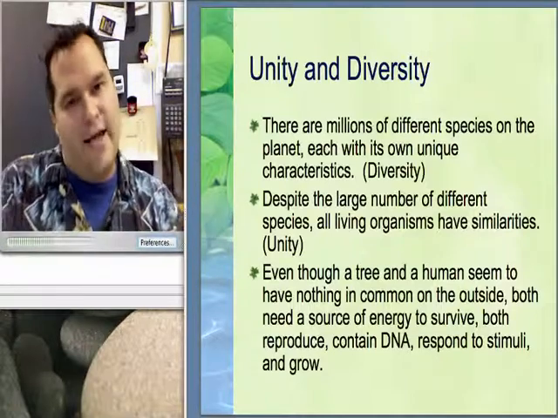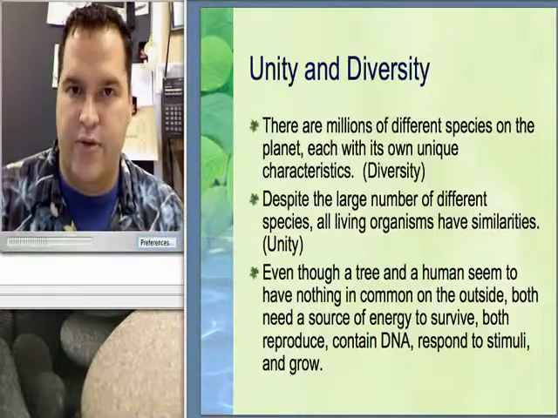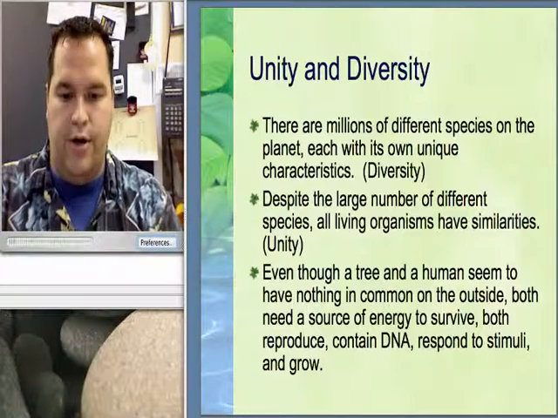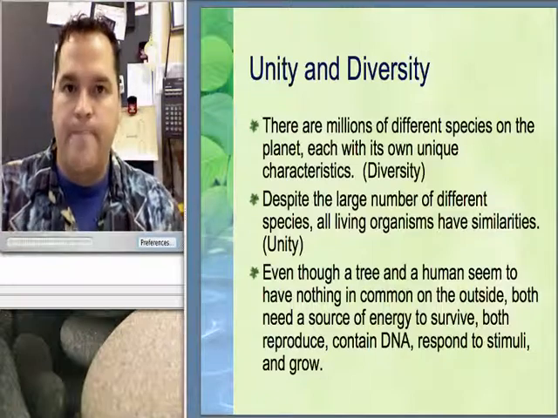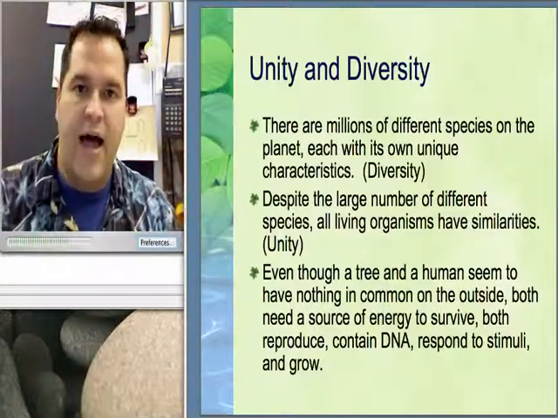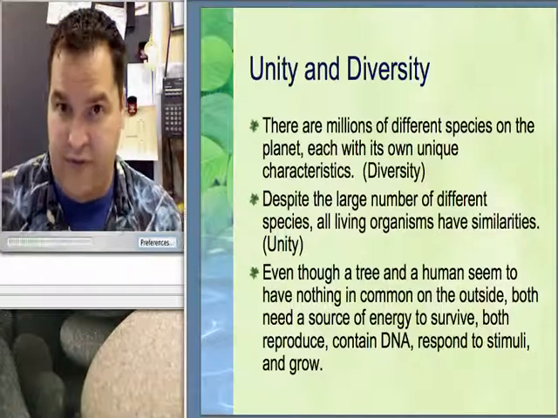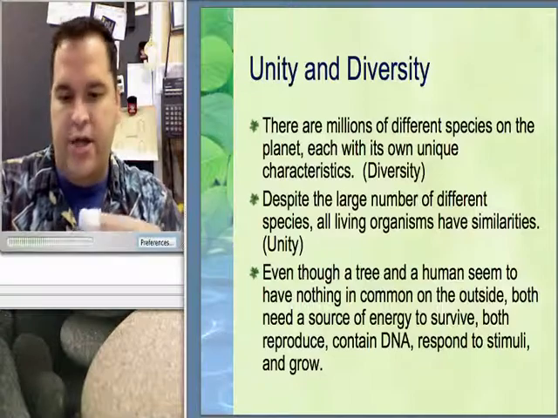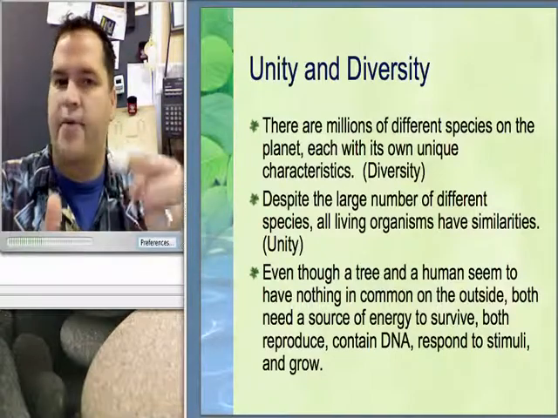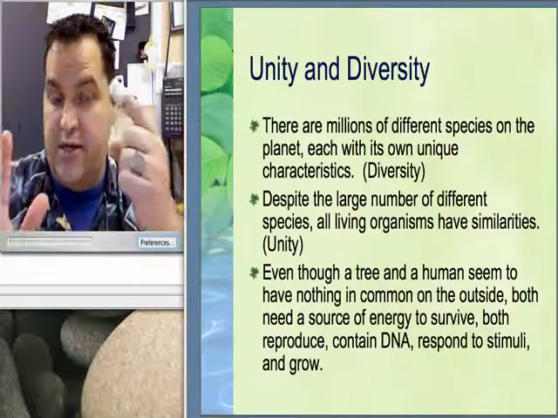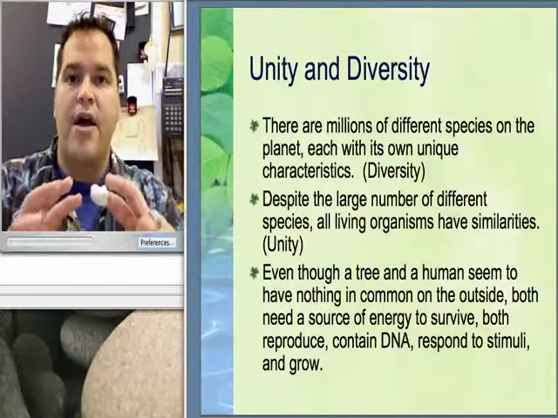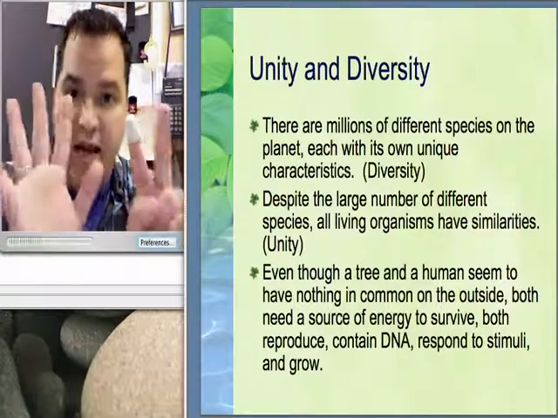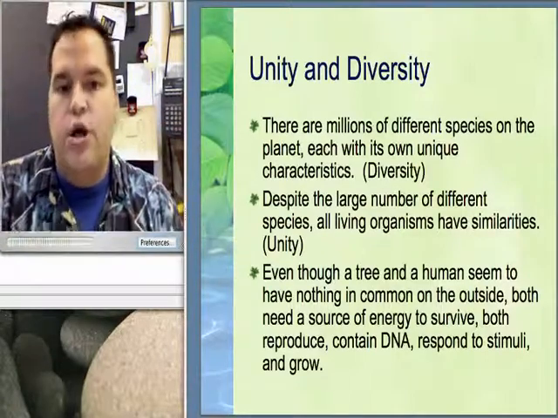If you recall, the last time we were here, we talked about the 7 characteristics of living things. Well, whether you're talking about a plant or a fungus or a human or a hamster or an amoeba, those 7 characteristics of life are true of all of those. We're talking about cellular organization, reproduction, heredity, metabolism, homeostasis, responsiveness, and the ability to grow and develop. No matter what differences we may have with other species, those 7 things we have in common. So there is unity there.